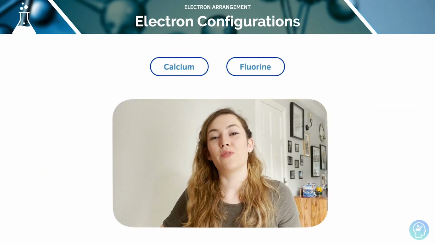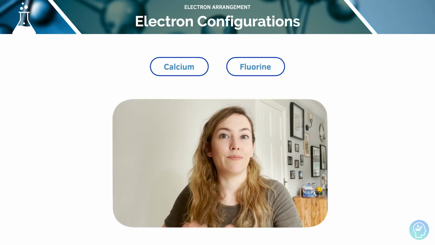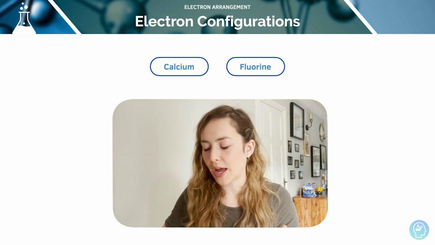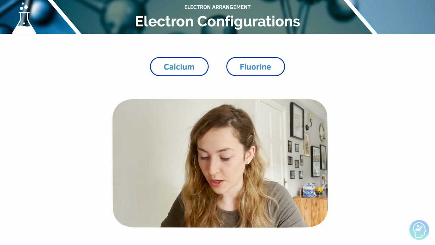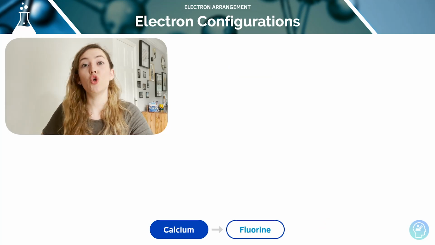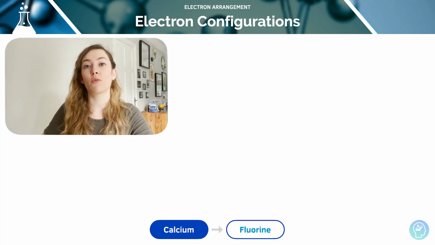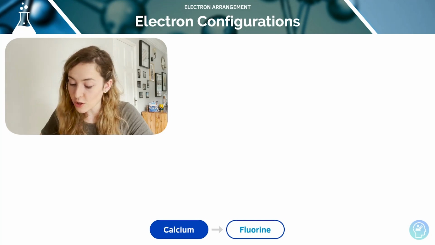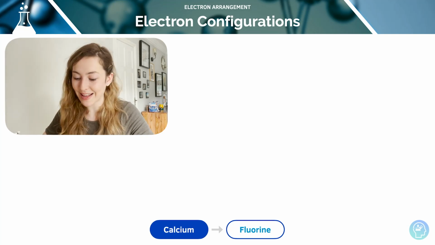Let's have a look at some examples then. We've got calcium and fluorine. So these can both form ions. So let's have a look at how we notate those in electronic configuration. So calcium forms a positive ion. 2 electrons are removed. It's in group 2, so we're going to remove 2 electrons. And they're going to be removed from the 4s subshell because that's the highest